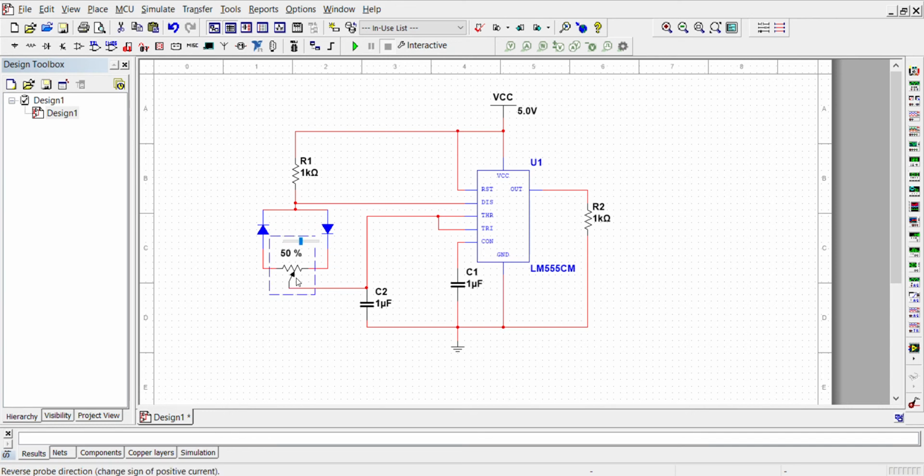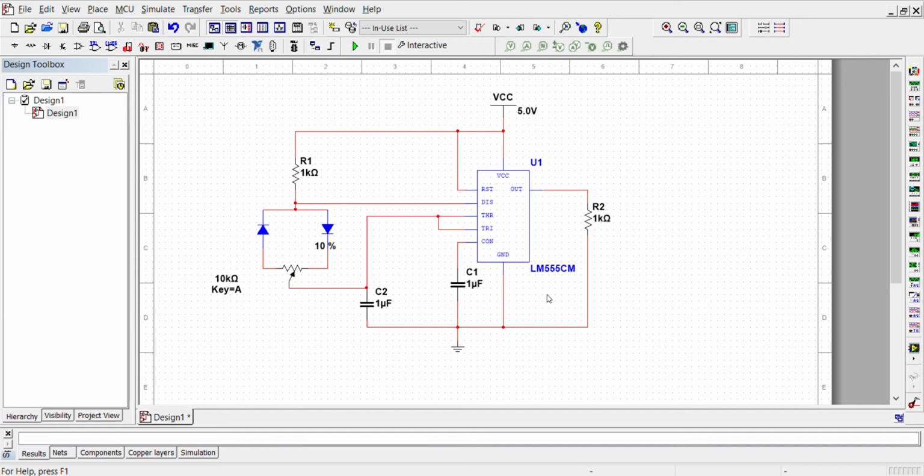Now right click again, come into the properties, come into the values. It is 1k, so write here 10k. Now it is 10k. If you want to check the value, you can show the value, so it is 10k.